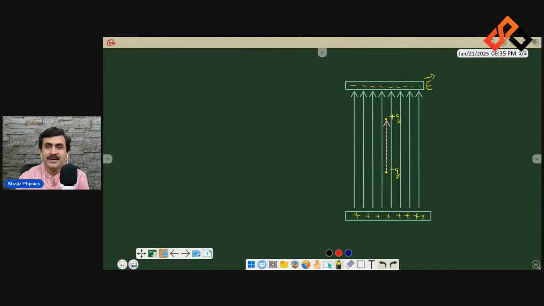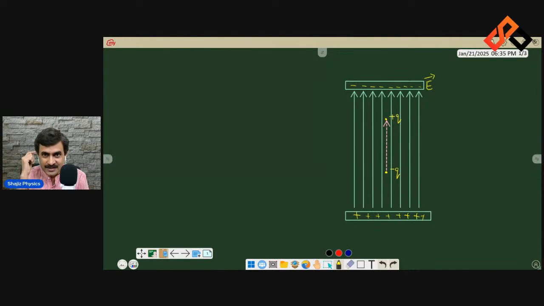So here, the two charges plus q and minus q are given. And one thing we need to understand is that dipole length is the length between two equal and opposite charges. Here, the positive charge is plus q, the negative charge is minus q. The distance of separation is given by the pink arrow. And it is a vector quantity, the dipole length. Usually the dipole length is measured from negative charge to positive charge,